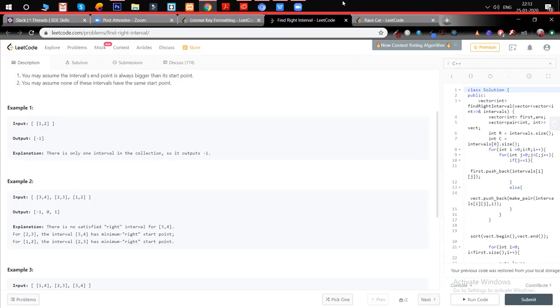Like if I am searching for the element which is after the 3, I'll take the 2 3 pair. I'll do the binary search of 3 and try to find the ceil of that in the array. If I am able to find that, that's the index which I will take up.